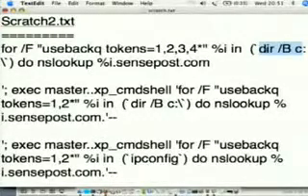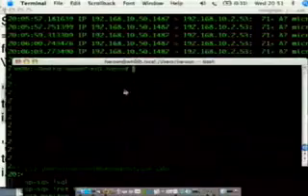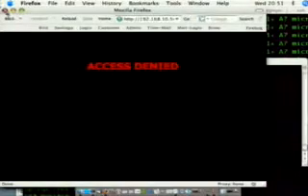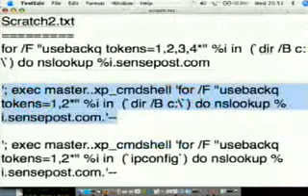So for each token in each line, it will take the first token and initiate an nslookup of that token with sensepost.com appended. So we can take this injection string, flip to the browser,